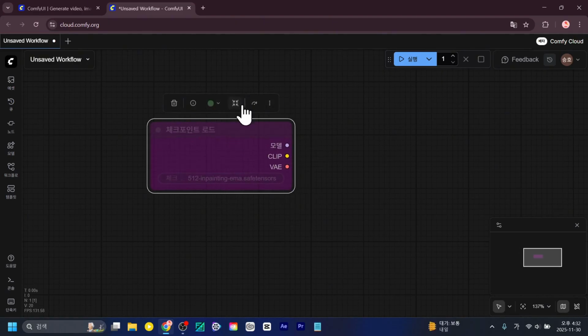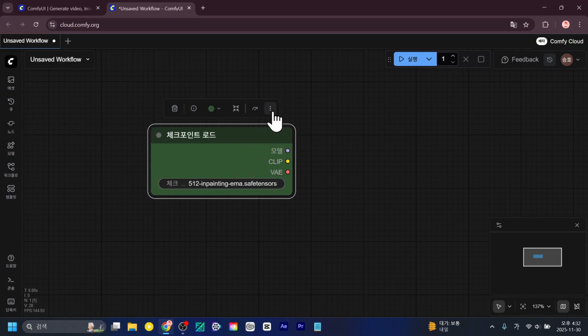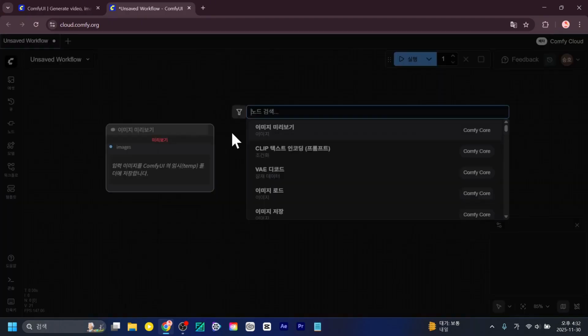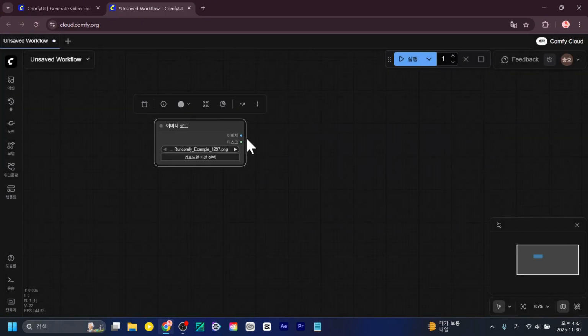This is the bypass function, which makes the node inactive. It's there, but it doesn't operate. You'll get a better sense of what this means as you use it more. That wraps up the explanation about nodes. As for the node view, you can freely turn it on and off as you like. To show you how to hide links, for example, a link is...